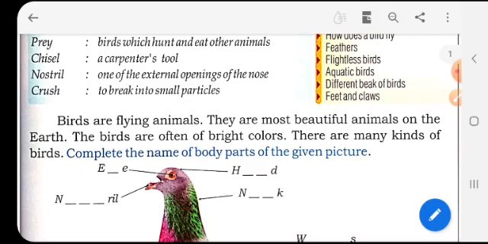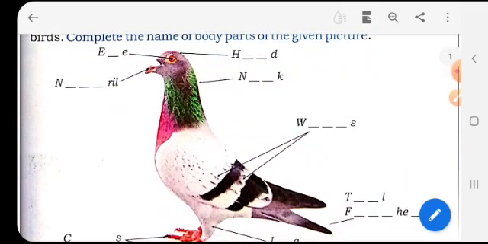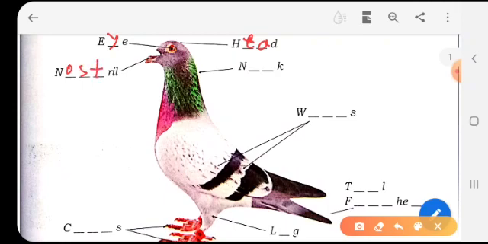Now complete the names of the body parts in the given picture. Here we have a picture of a bird and we have to name all the parts. Now let's start with the naming. First we have EYE, then HEAD, head, then NOSTRIL, nostril,